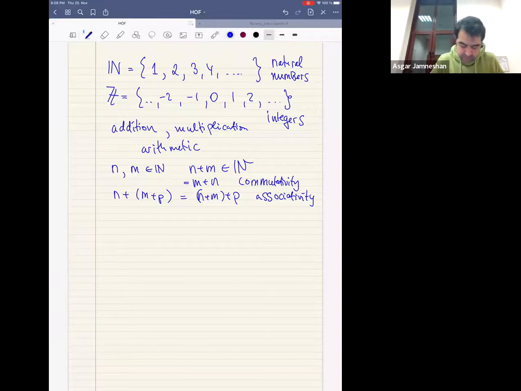And as one participant pointed out in the chat, if we have a 0, then we can also add 0 and we get the same number. So 0 is sometimes called the additive identity. Okay, so these are fancy names for very elementary things which we learn already in elementary school. We just call them a little bit more fancy. Okay, so to sum up,